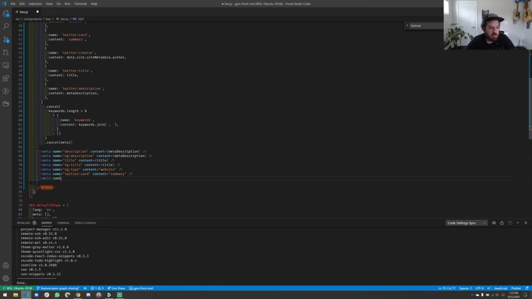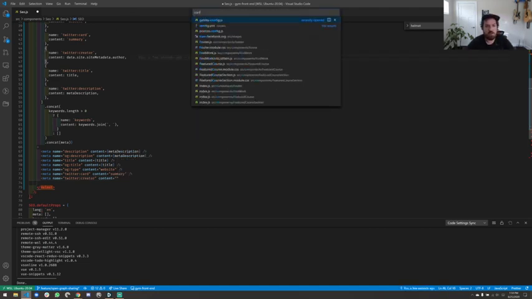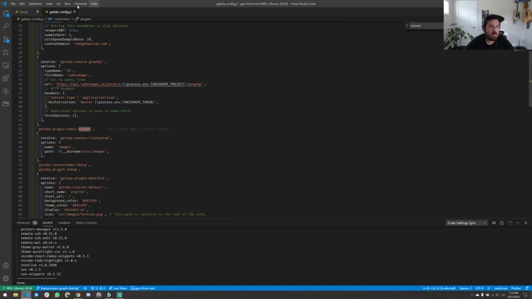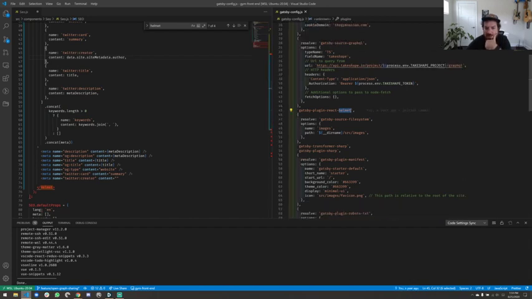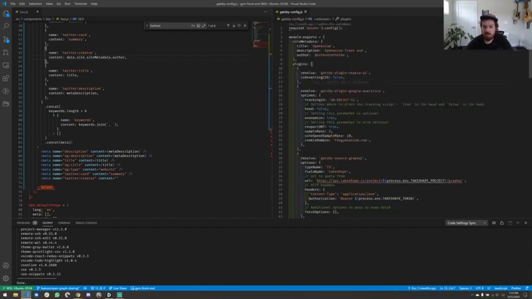Meta name equals Twitter creator, and then content equals, and this is where this comes from, data.site.siteMetadata.author, which comes in the config. Let's pull this over here. So it has my name right now, and that's not ideal. Author should be Gymnasium.